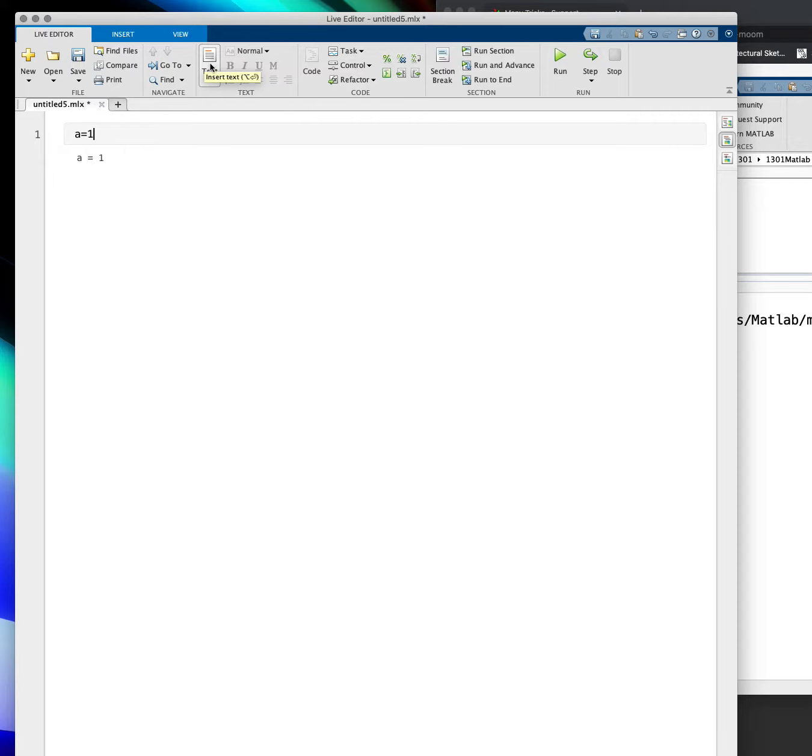If I wanted text, I could click on the text button here, and that gives me a place where I can type in regular text, just like it would be in Microsoft Word or something. It doesn't use MATLAB code. Think of this as sort of a worksheet where you have sections of text and sections of code. I have one that I've prepared here, so let's close this one and open